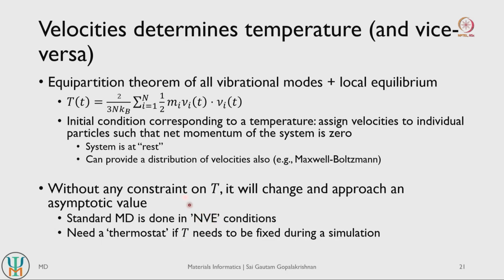So the number of particles is kept constant because you put all the particles in a box, the size of the box is kept constant, so the volume is constant, and the energy is also kept constant, right. The energy is basically the initial kinetic energy that you give. If there is no other external energy being input, then the energy will remain constant. There is no way for the system to exchange energy, right. So it's an isolated system. So it's usually done in an NVE condition, which implies that as velocities evolve with time, your temperature will also arrive at some asymptotic value.